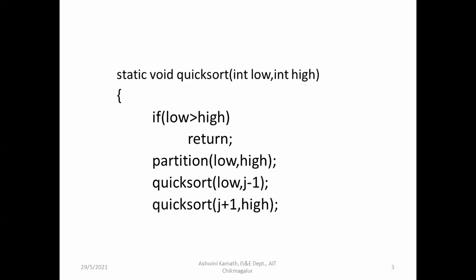So we have two partitions here other than the pivot element, because once we get the partition, the position of the pivot element will be fixed. The remaining elements we have to sort again, that is on the left side of the pivot element and right side of the pivot element. So call quicksort on both the arrays. Then this is the partition function. For the partition function, again we are passing low and high, that is the initial index and the last index.